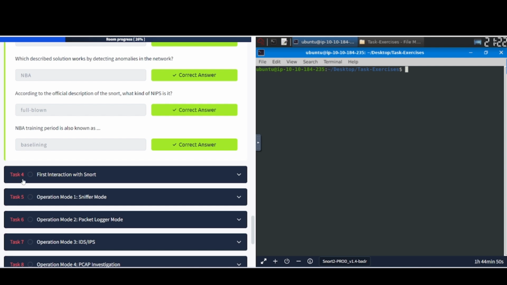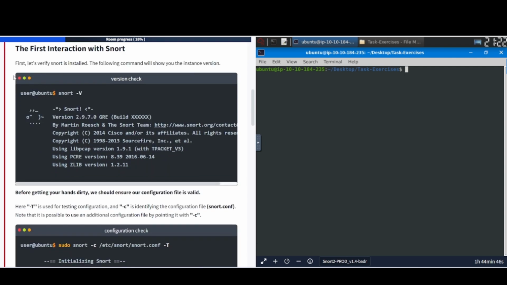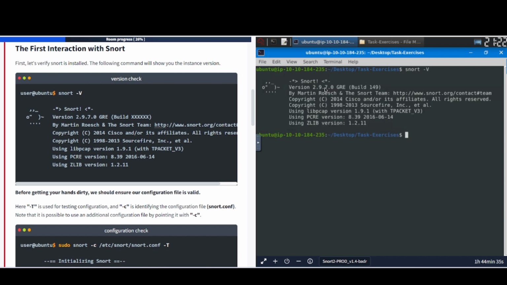All right, next one, task number 4, first interaction with Snort. The first interaction with Snort, first let's verify Snort is installed. The following command will show the instance version, so snort -V. So let's go ahead and follow along here. Okay, and we have it installed here. It says version